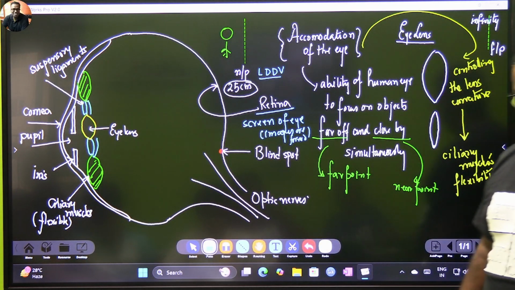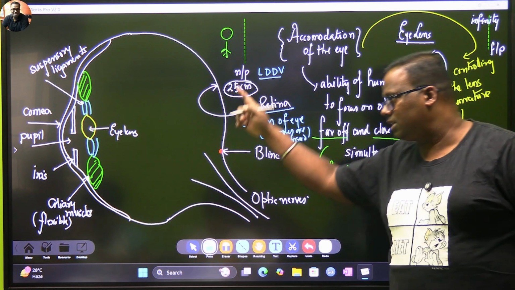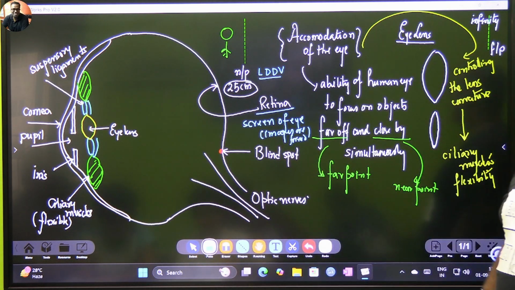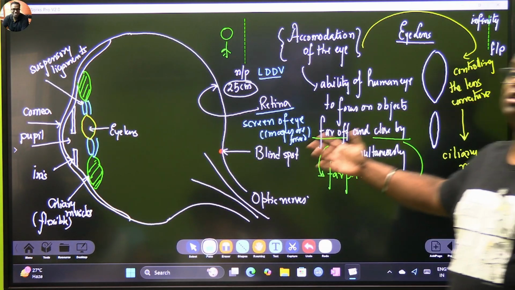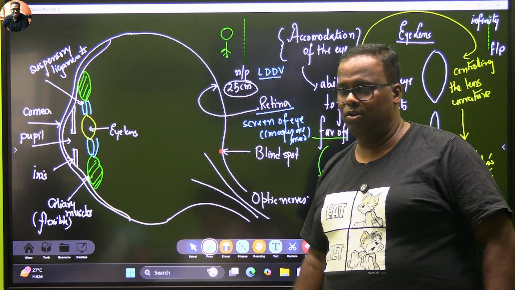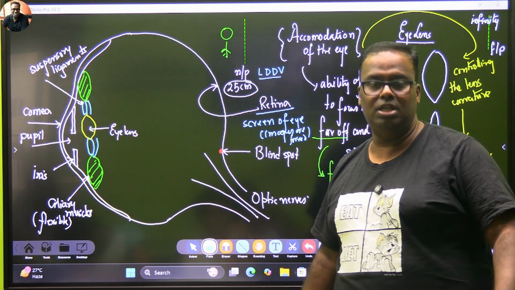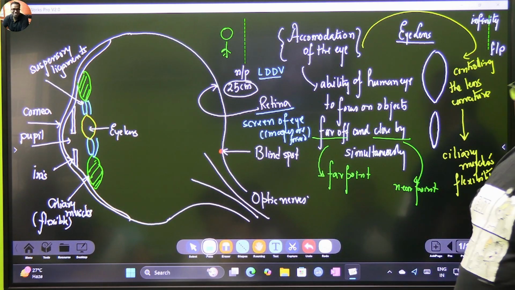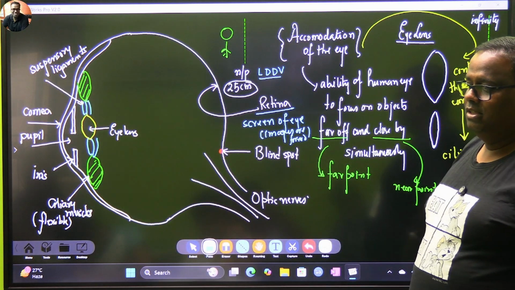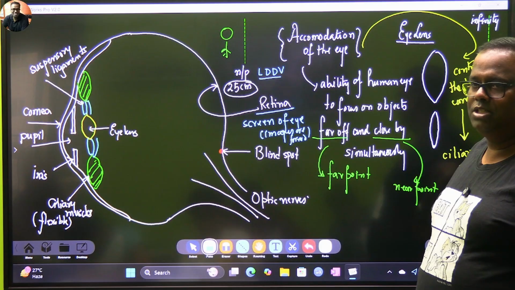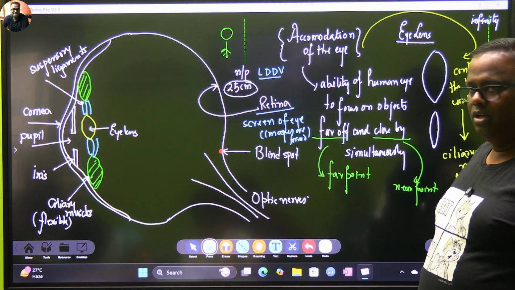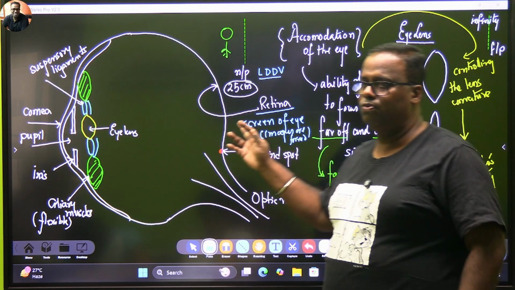Have you understood? So the retina is like the screen of the eye, and the screen of the eye is the place where the image is formed. It is analogous to the camera's film. Means in our days, the cameras that we have nowadays, you don't have film in cameras. Have we understood retina? Clear? And after the image is formed, right,